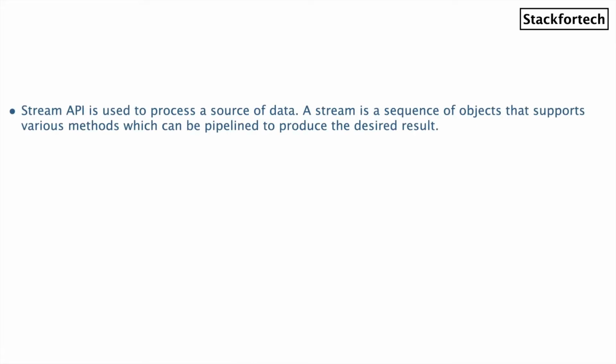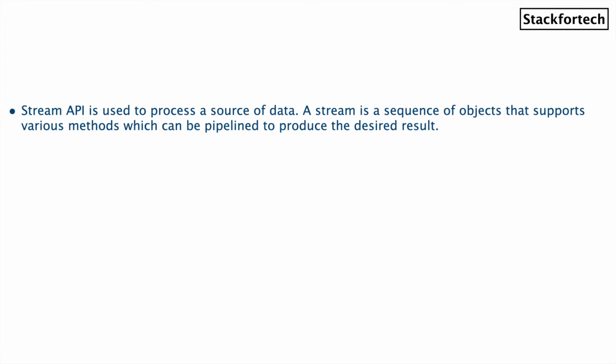What are Java streams? The Java Stream API is used to process a source of data. A source of data here can be a collection of objects, any primitive array, or basically any input-output channel. A stream is basically a sequence of objects that supports various methods which can be plugged together to produce